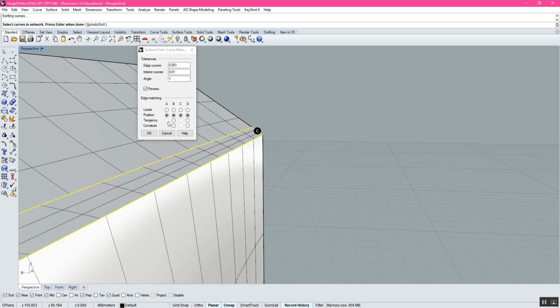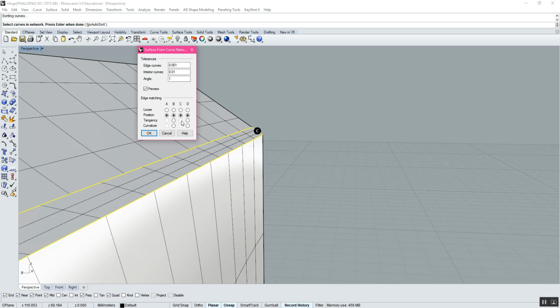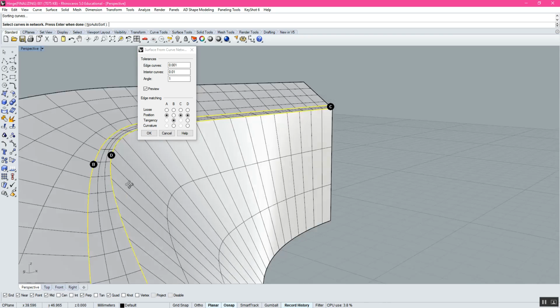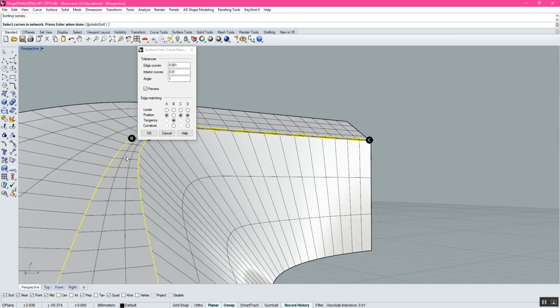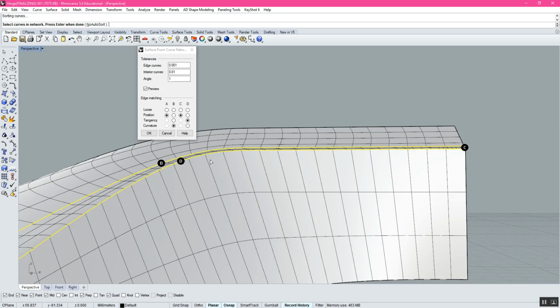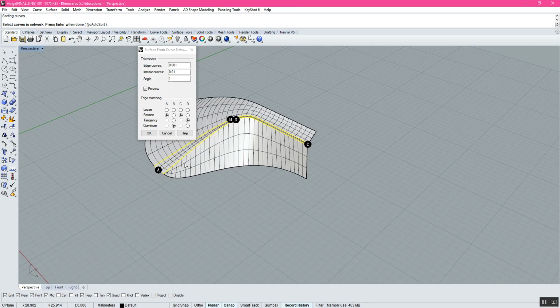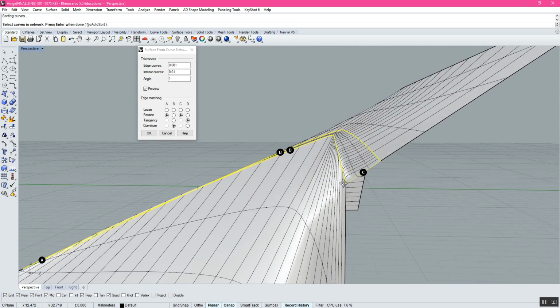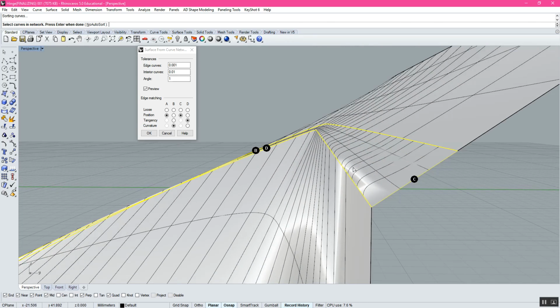But I do want it to be tangent or something. It's trying to blend it here, but